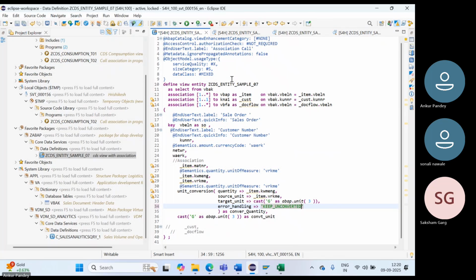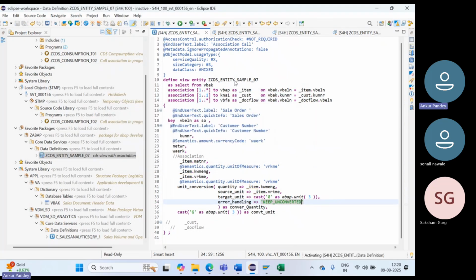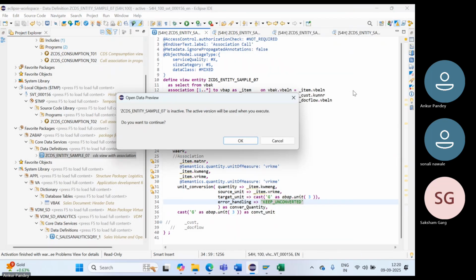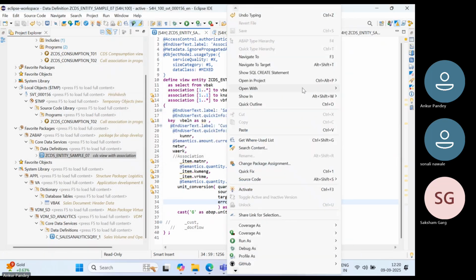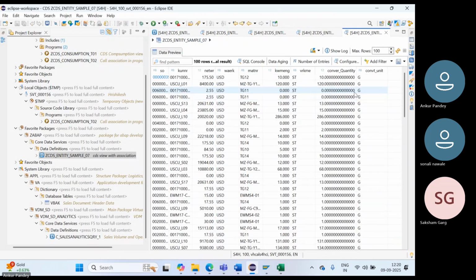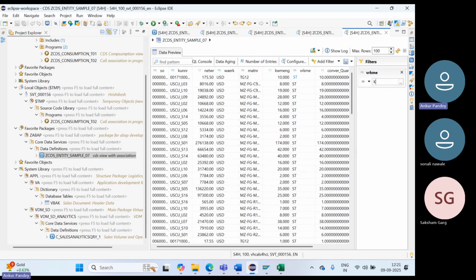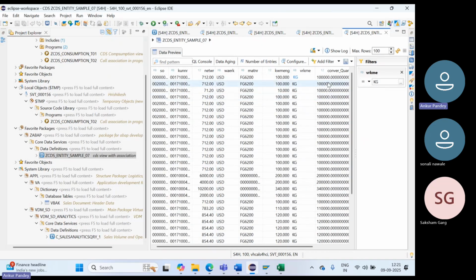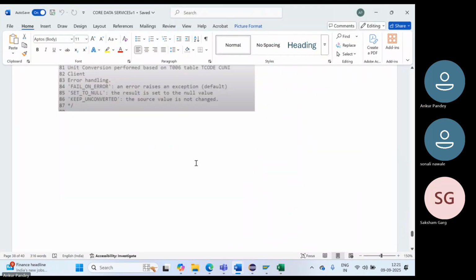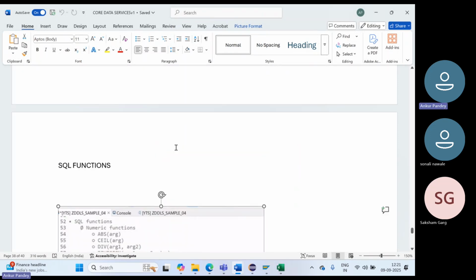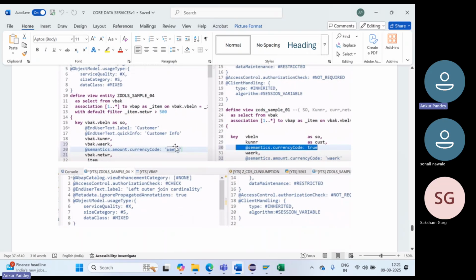ओके, कीप अनकन्वर्टेड डाले तो हमको आउटपुट क्या आता है, वही वैल्यू रहेगा 1000। ये देखिए 10 है तो ये 10 है, 130 है तो 130 है, वैल्यू सेम रह जाएगा, कन्वर्ट नहीं करेगा, करेक्ट। और वैसे में, ये देखिए कन्वर्टेड कर दिया है। तो ये हो गया, ये हो गया, और ये नहीं था।